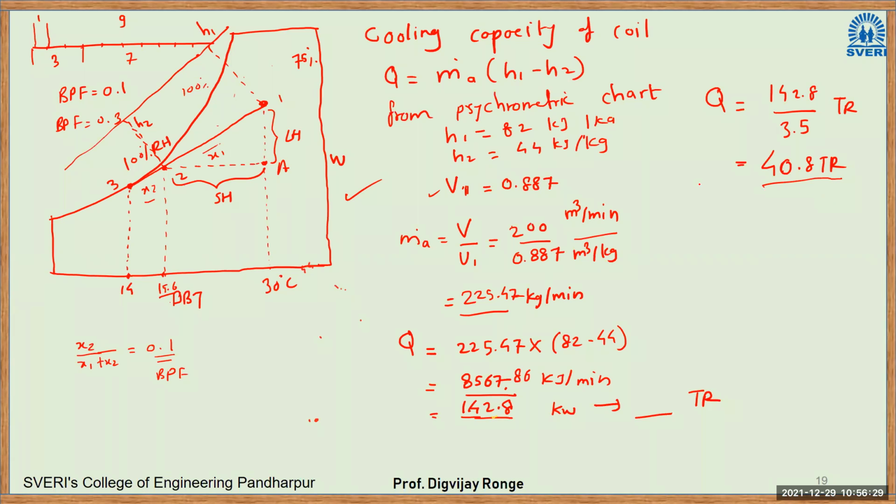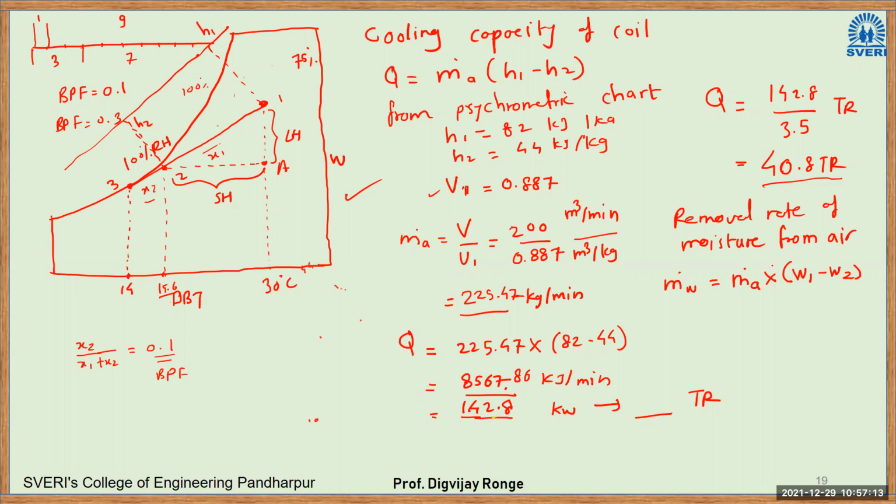Okay. So the next question is how much amount of water vapor, or water content, is removed. So the removal rate of moisture from air. Let us say MW, removal of moisture from air. This will be equal to the mass flow rate of air. So remember this formula, this formula is very important. Mass flow rate of incoming air into the change in specific humidity. So specific humidity is what counts the water content. So initial specific humidity minus final specific humidity.